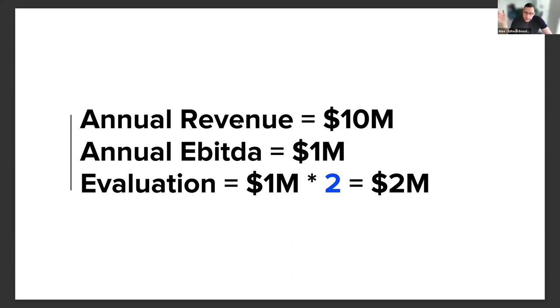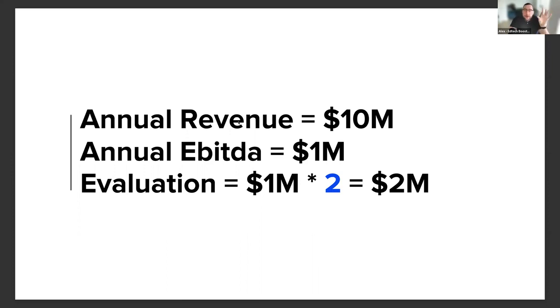Let's say your annual EBITDA, again, EBITDA is money, revenue minus cost, before taxes. So it's like your revenue before taxes. Let's say you have a business which generates annually $10 million, and your EBITDA is 1 million, right? So you have 10 million revenue, 1 million is EBITDA, can be 2 million, whatever.